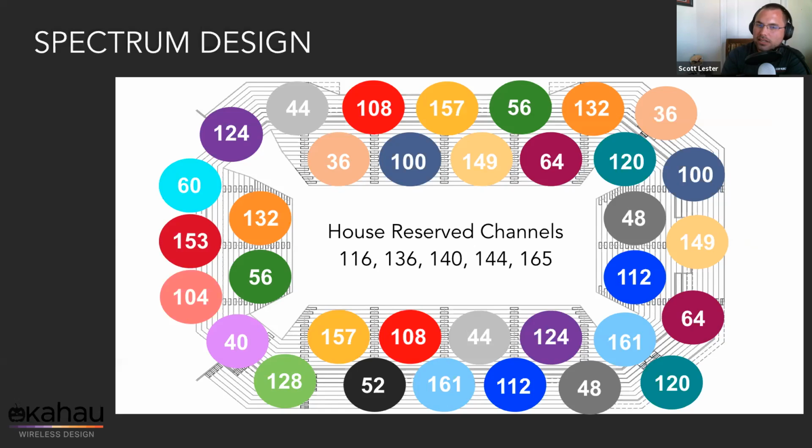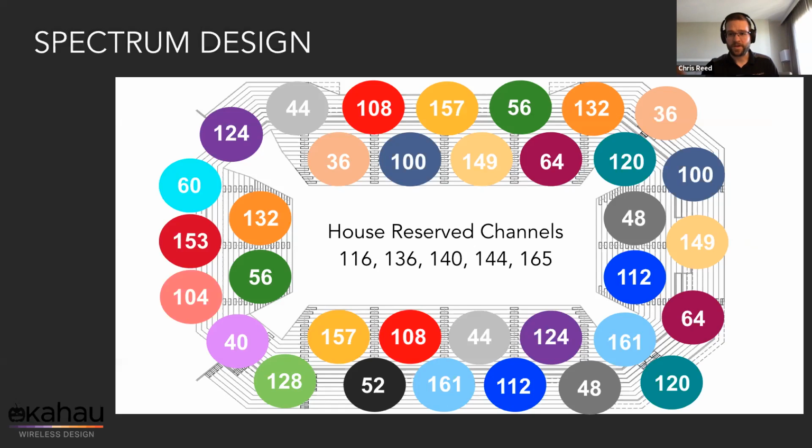Yeah, absolutely. And I think it's important to know too, right? If we use those static channels, then we've got a defined layout. We can make sure then that we don't have adjacent DFS channels in adjacent cells. Because one of the things you also have to think about is what are your users going to be doing? What devices do they have? Are those devices DFS capable or are they not? Now, obviously, as time has moved on, in 2018 a lot of our devices by far would support DFS, I think, even from the mobile side of things, but there are some that don't.